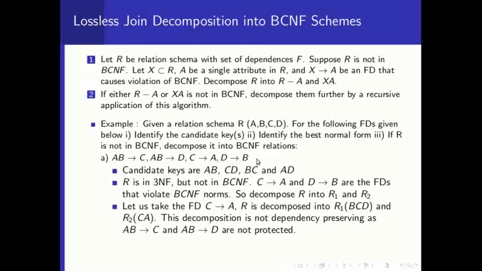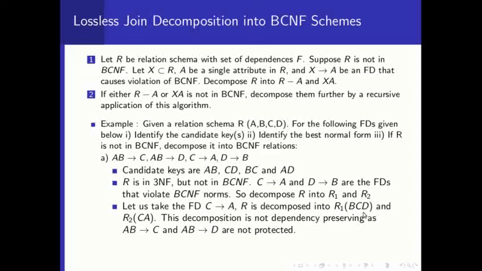If CD is a key, what about the FD? This is a partial dependency. Therefore, again, this is an FD which causes violation. That is what you have to do: break or decompose the relation again. What is the decomposition? Out of BCD, D determines B is the FD which causes violation. Therefore, what is the new relation? B is to be eliminated. BD is a new relation, and with B removed, the other is CD.